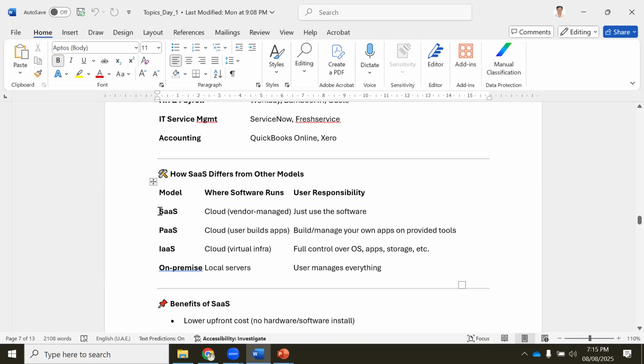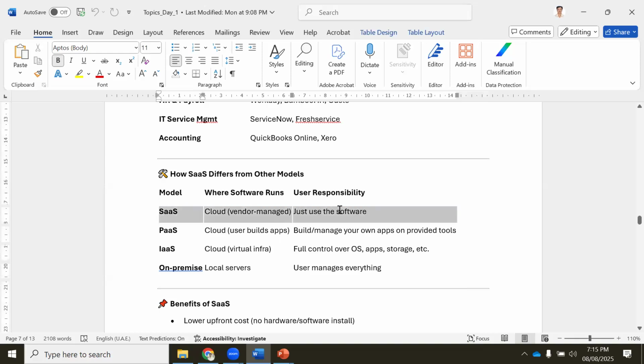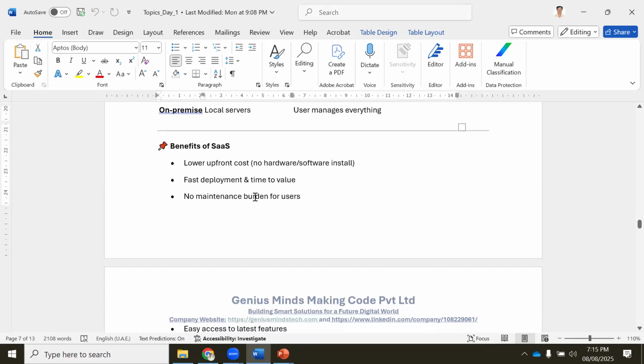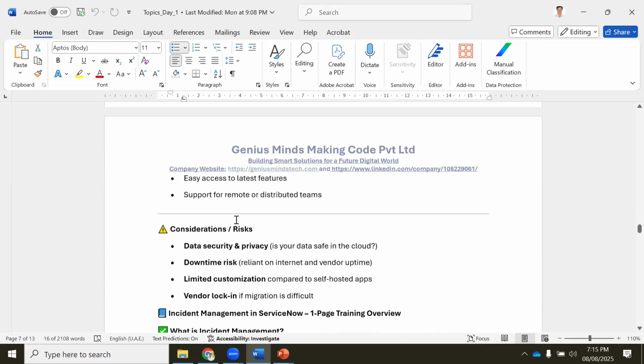We should only focus on this. There will be interview questions. They will not ask what this is, but they will definitely ask: what is the ServiceNow model? ServiceNow model is a SaaS-based model. You should be able to answer what the benefit is.